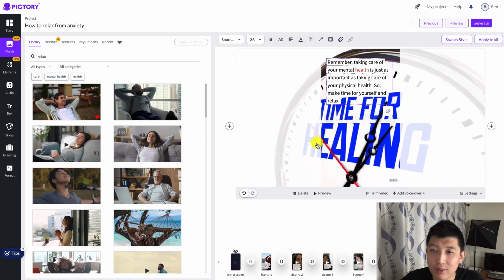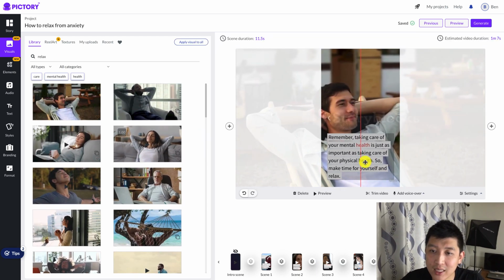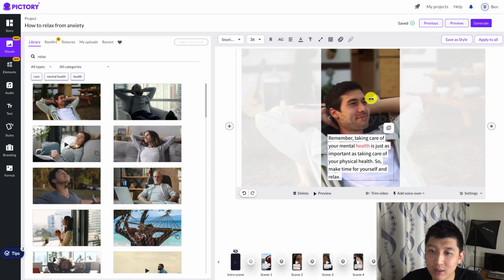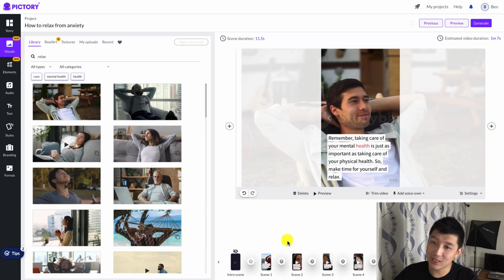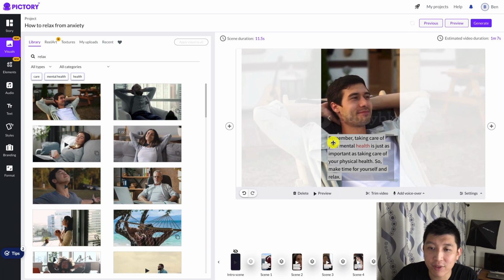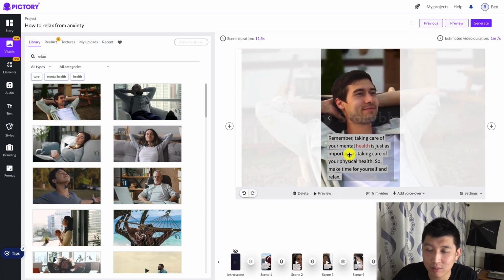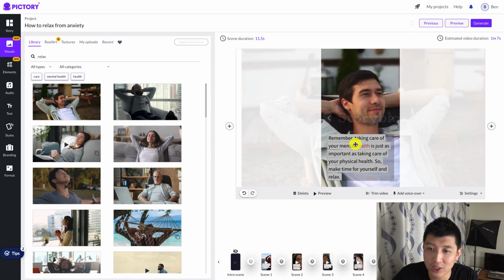And then have this guy right over here relaxing. Put it down over here. It looks pretty good right now as of now. And obviously, if you don't want your text to be all bulky together like this, you could break it down,